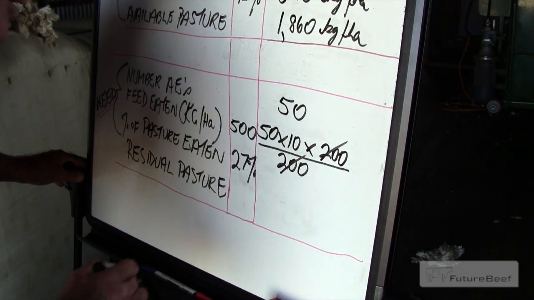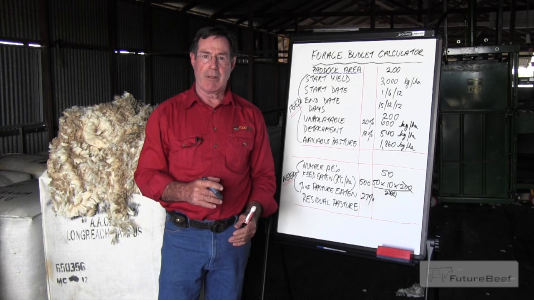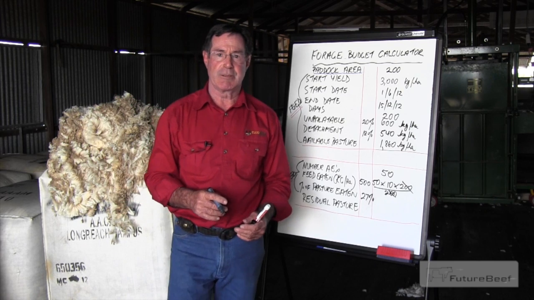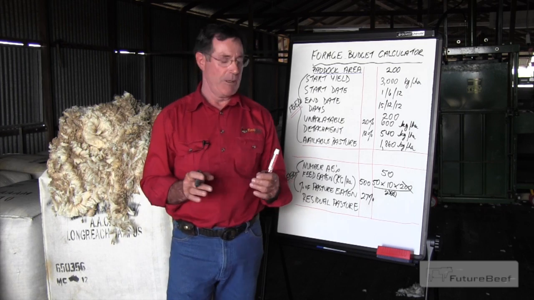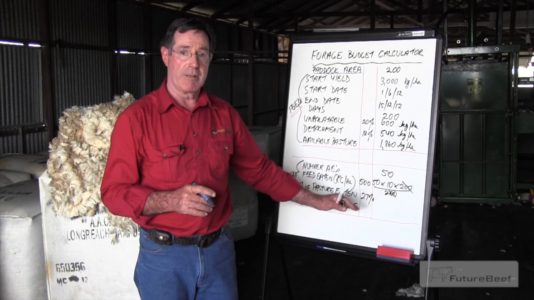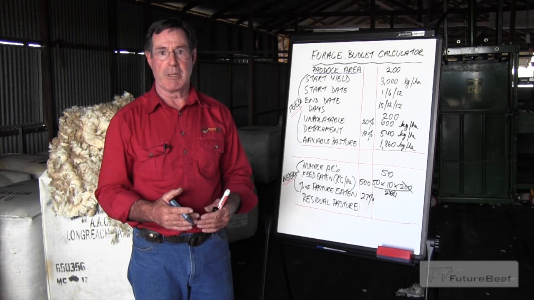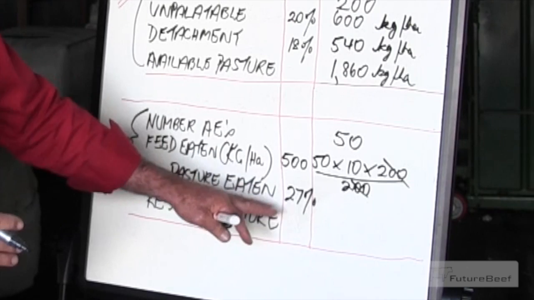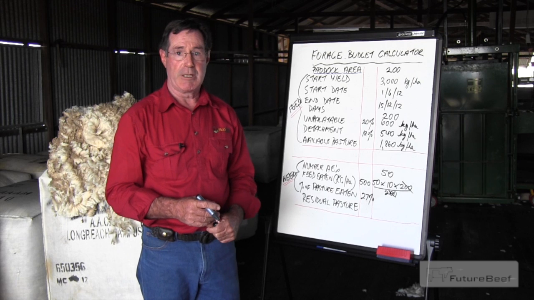Now the reason that's important is because if more than 30% of the pasture is being eaten out of the paddock, that means that diet quality of the grazing stock is going to be compromised. They're actually going to have to be fed a supplement, and a good supplement, to maintain weight or gain weight during that period. So if the stock are eating more than 30% of the pasture in the paddock, they're starting to eat the stem and the poorer quality components of the pasture, and their live weight gains are going to be compromised. So in this case, they're only eating 27% of the palatable and available pasture in the paddock,